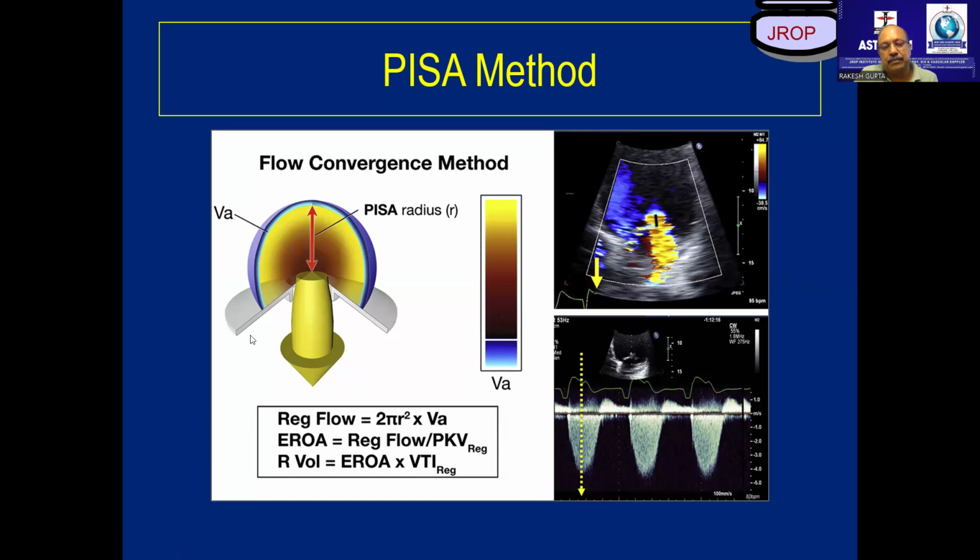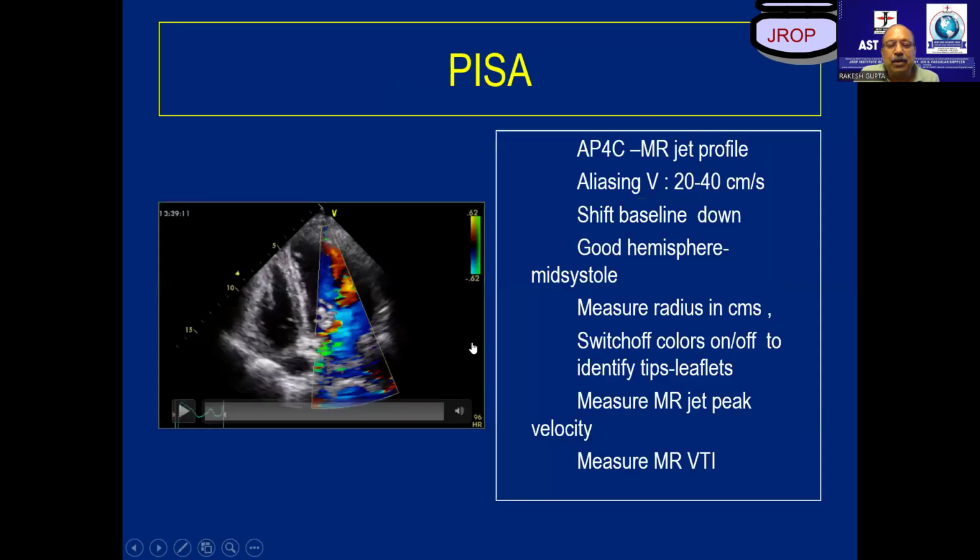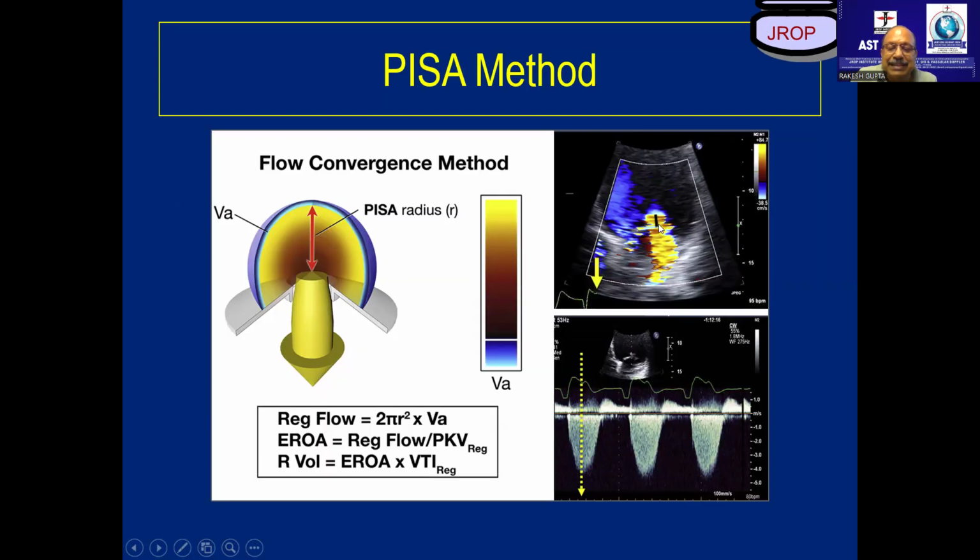So the value would be seen in the machine. Look at it down. When we load this machine, 62 is the velocity of aliasing over here. But this line has to be moved down to make this radius of the pizza clearer. So it is subjective. You have to change it accordingly, because to make this clear, we have to make this baseline down. Something that is clearer for me might not be clearer for you.